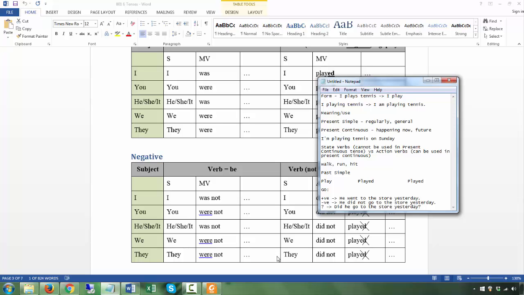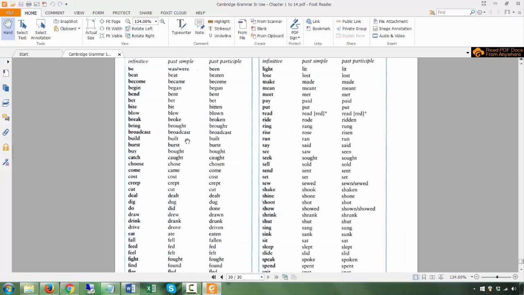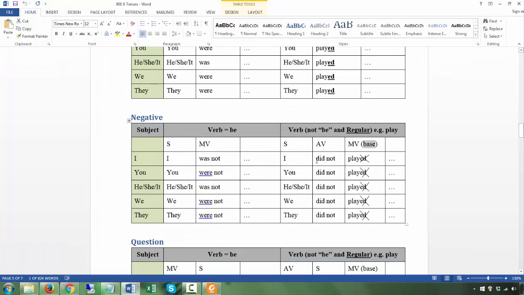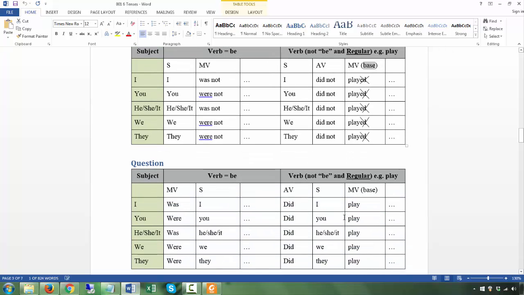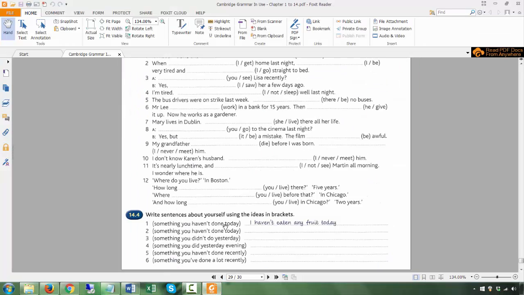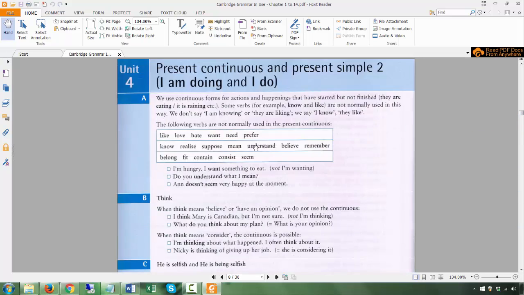So for irregular, the positive, you just have to take the form from here. But for the negative and the question, you use the auxiliary did not plus the base verb, and did plus subject plus the base verb. So this whole table is important if you're not sure. Let's go back to